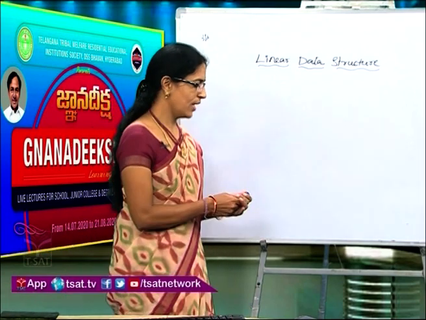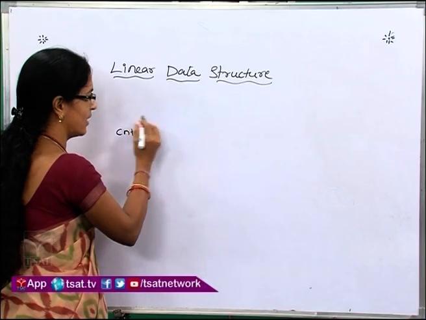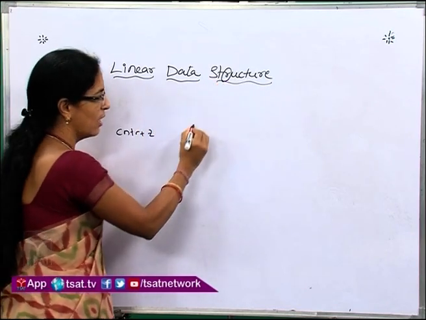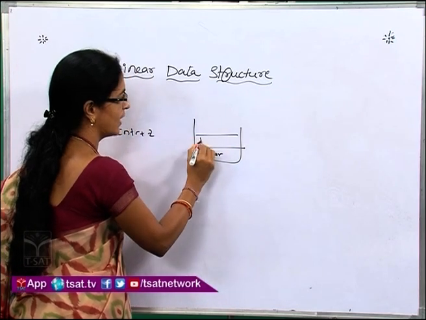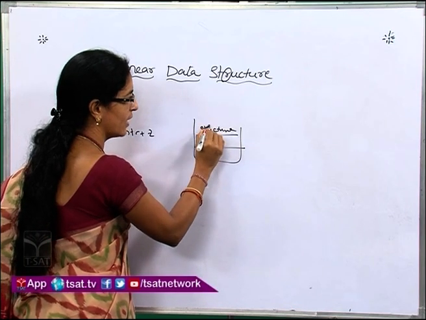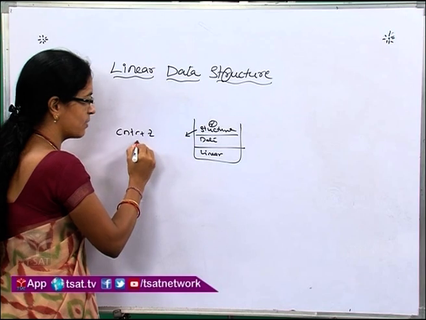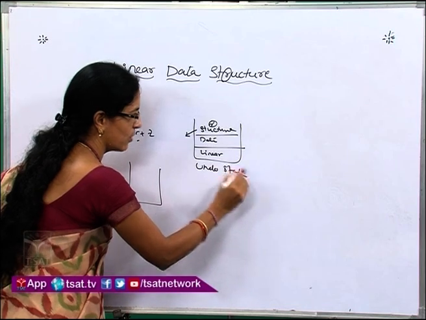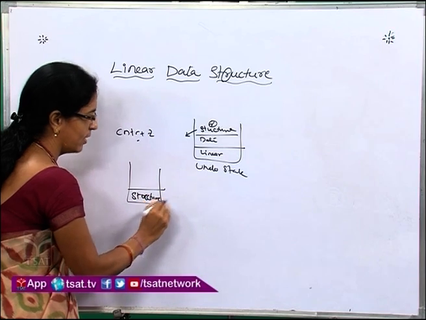Whenever we are using this Control Z operation, for example, suppose while I am typing "linear data structure", suppose I am missing an R. Here these are stored: "linear" is stored first and "data" is next, and instead of "structure" I type something like this, so here R is missed. I am making some changes, so Control Z is pressed. This is the undo stack, and once Control Z is pressed, this sentence is stored into here.